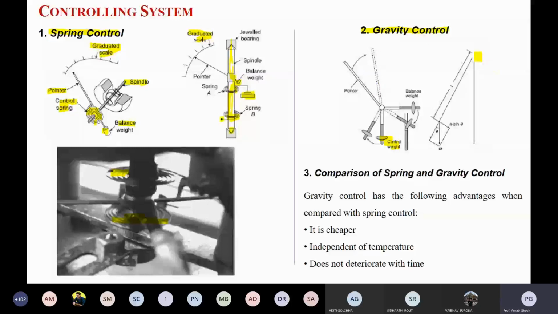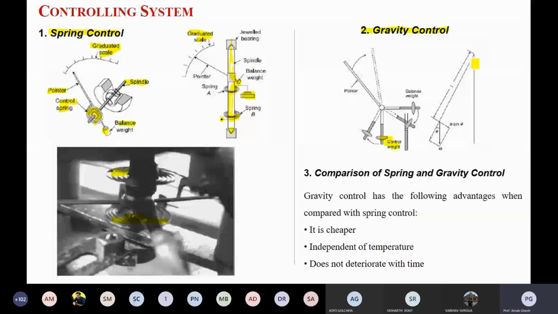Originally it is in the directly gravity control position, that is mg. Now some angle is there, so due to the angle you can see theta. Theta gives mg sin theta and mg cos theta, so one is countering the balance. Here it is directly perpendicular to the earth, so mg is directly countering that oscillation of the pointer.